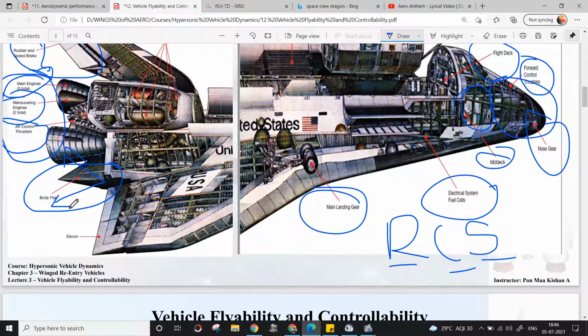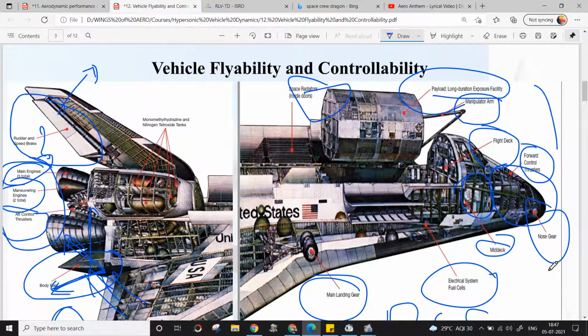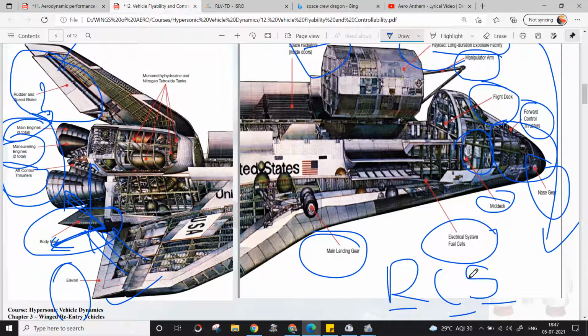So how and why have they fixed it like this? Because having a flap such that it can only be deflected downward will create some scenario, right? Even though we are having L1, let's consider we are deflecting our body flap downward, what will happen? The flow hits here and it will generate a lift, and that lift creates a pitching down movement.